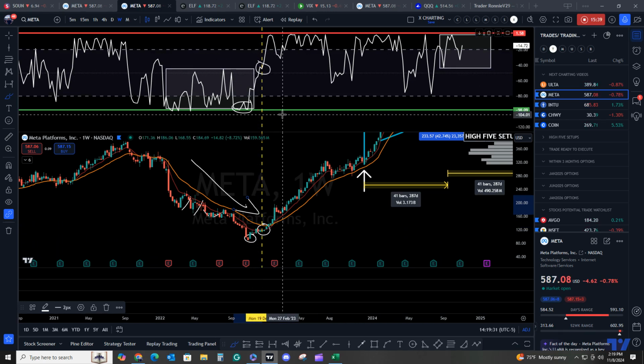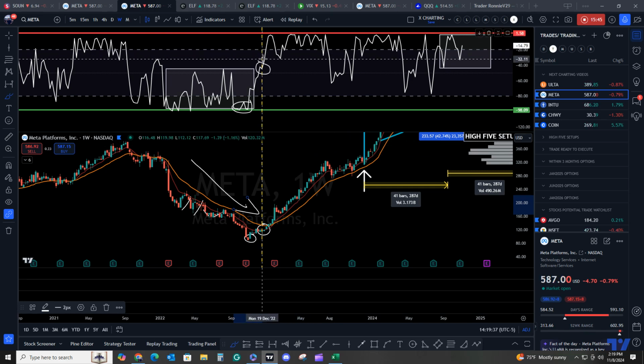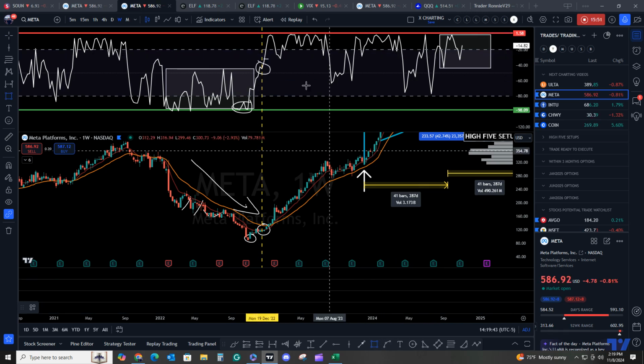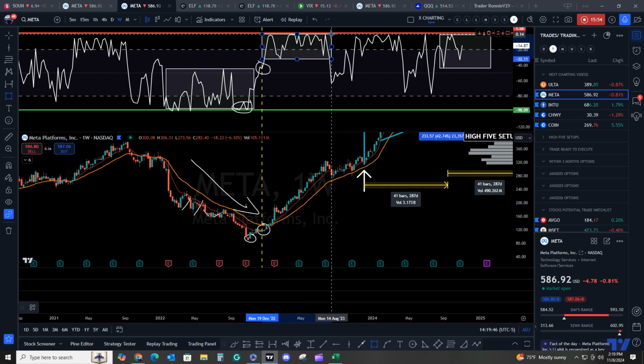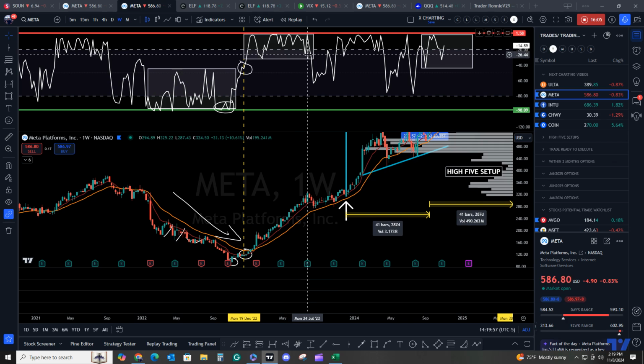You just got to look at all the indicators and the high five setup and your strategy and let it work for you. Because then we ran up here. We had our first pullback, so we could have created our box here. So let's see how much gains we would have made. So we created our box there. Have our consolidation box here. We had our support set at $32, or $32.11. Went higher and higher and higher. And then we didn't break that support. So we got up there, could have entered on December 19, 2022, and then we could have exited in August 2023 for a gain of,